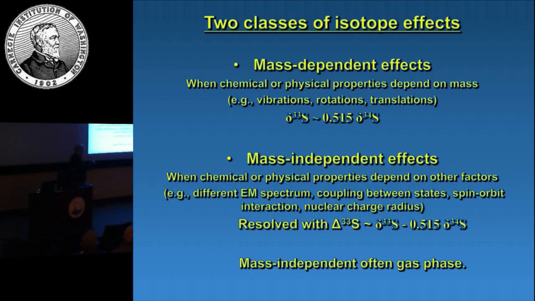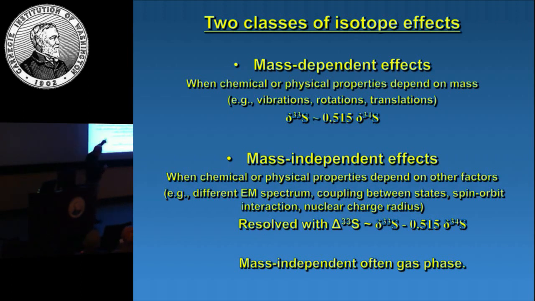In liquid phase, there can be spin-orbit interactions. And then this is if the radius of the nucleus is different sizes as a result of packing. And this doesn't so much apply to sulfur. It can actually change the size of the bonds and the shapes of the bonds by changing the inner orbital fields, which then propagate out to the outer orbital fields.